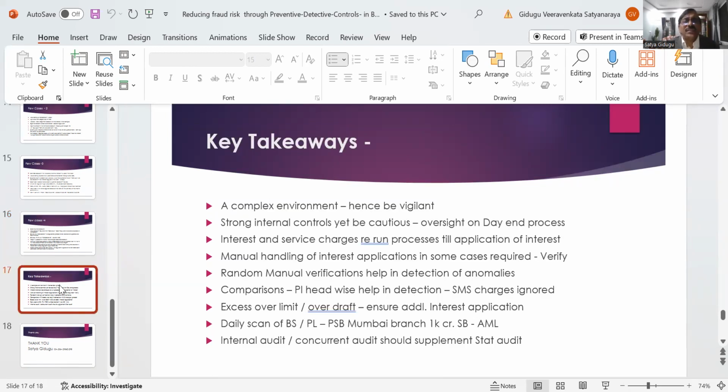Key takeaways: either SAP or core banking Pinnacle, they are complex environments, and be vigilant. Strong internal controls will help us. Oversight on day-end process and all, mistakes recurringly happened and all, even SAP also. Interest and service charges, rerun process, still application of some any batch failures or something. Human, its computer will do mistakes, whether it was properly handled or not properly. You see,